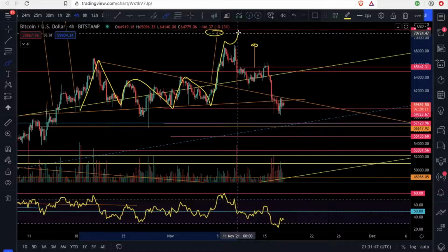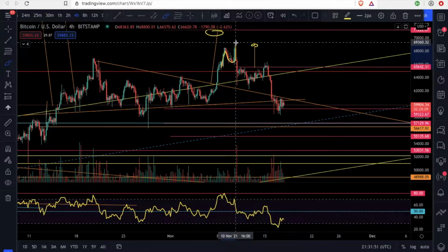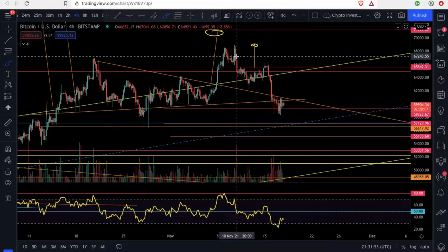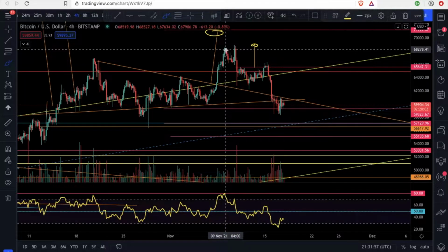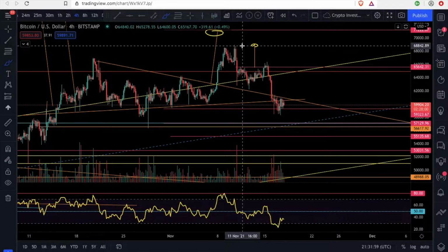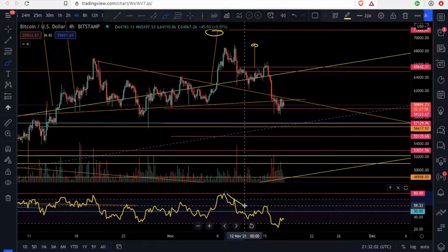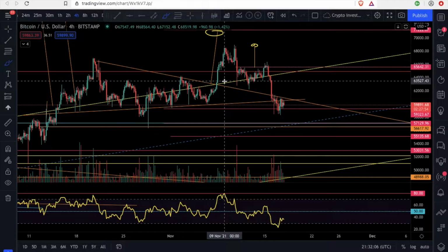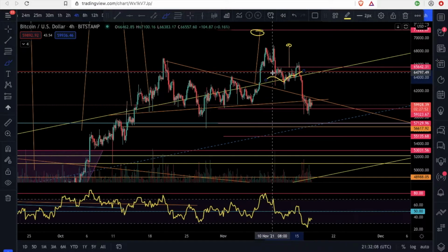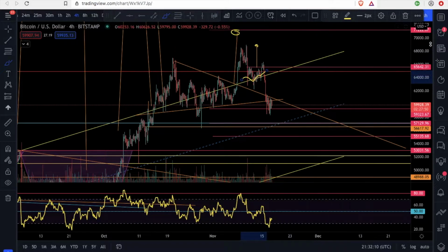It almost met the exact price started right here, but here it created a bearish divergence, as you can see right here in the 4-hour time frame. Boom, and here higher highs in the Bitcoin price and lower highs in the RSI in the 4-hour time frame, and boom, dumpage to the downside. Found support on this yellow line, which is a